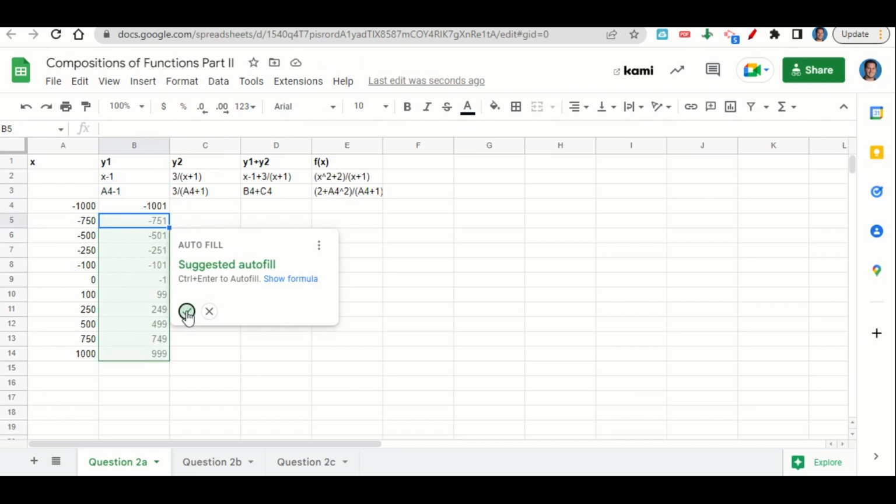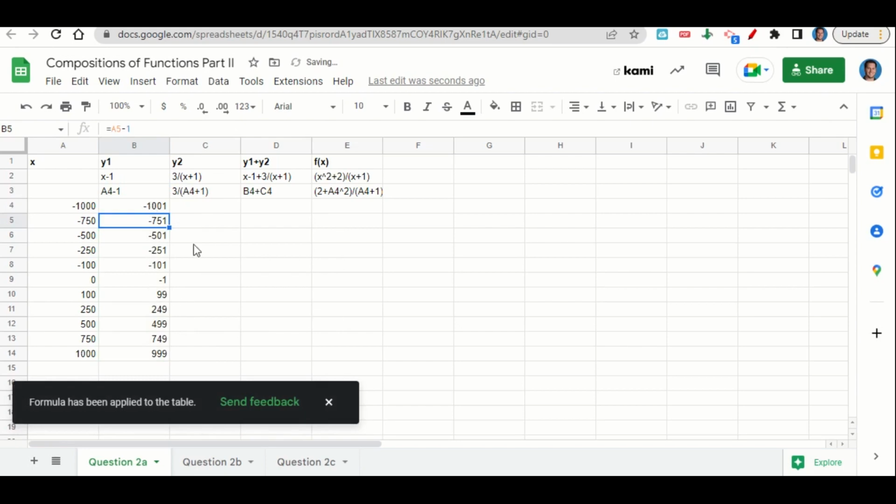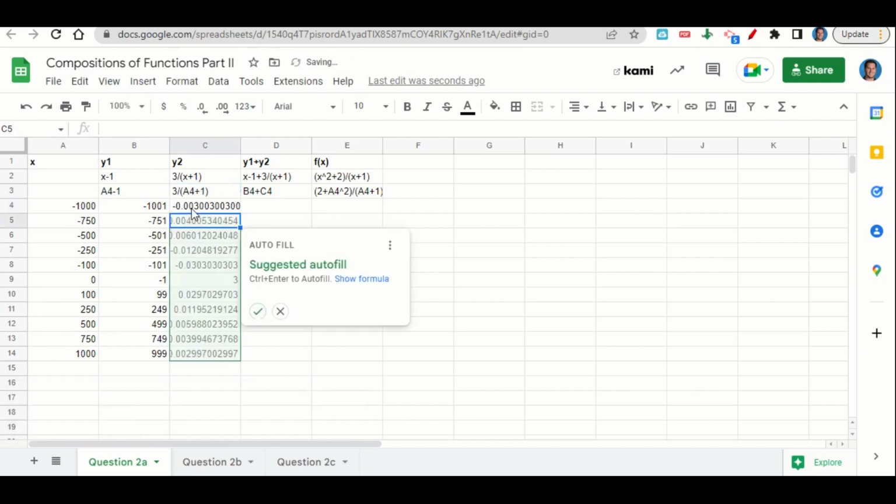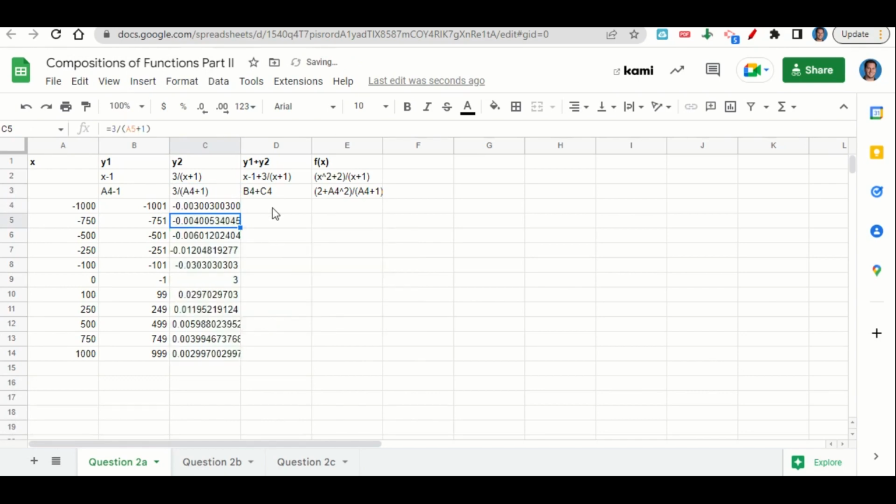Notice it placed the answer there, and then asks if I want to autofill. I'm going to go ahead and put the check mark. That autofills these. Now I do it again for this one. So I copy this, equals, and paste it. Hit enter, and then autofill. Do it again. Copy this one, equals, paste it,